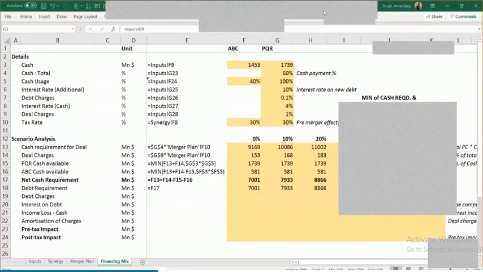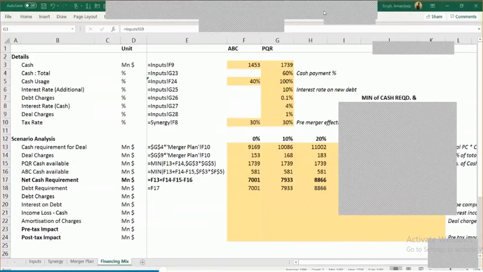Vidhi, I did not understand your question. If there is an existing debt, will it be repaid from the proceeds? Now, which proceeds are you referring to? There is no proceed which is coming into the company. The entire cash is being paid to the shareholders of PQR. So the company is not going to receive any money out of it. So there are no cash proceeds within the company. Hence, there is no question of actually deducting it from the debt. So we don't have any cash to be able to pay that component.